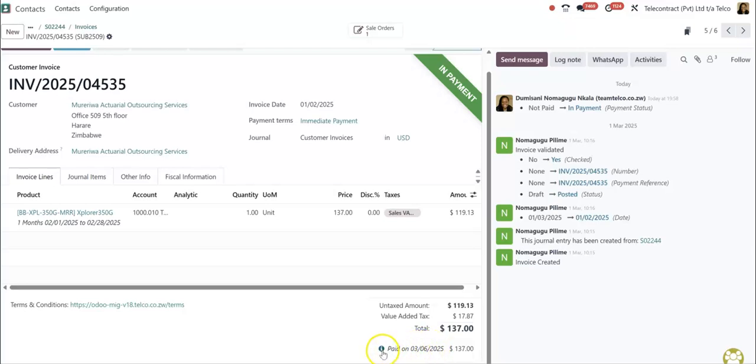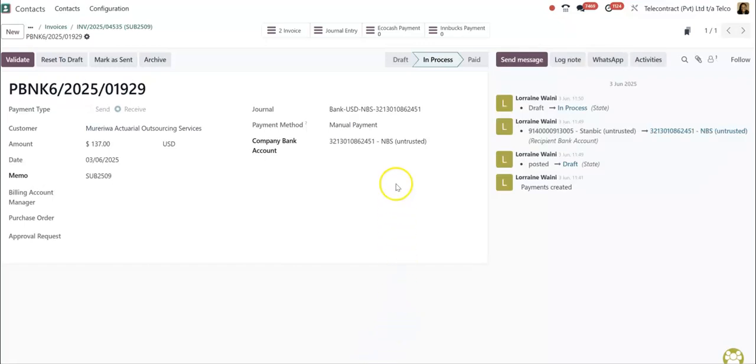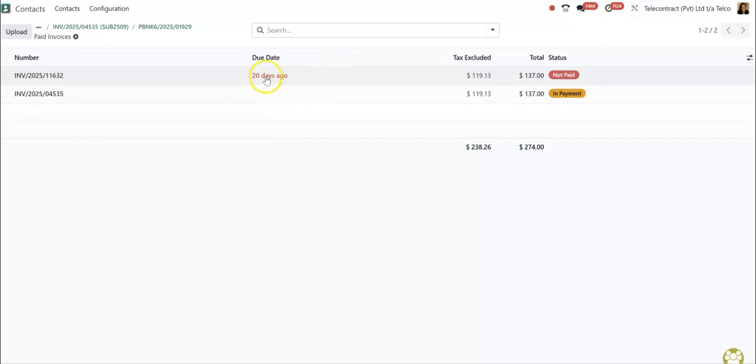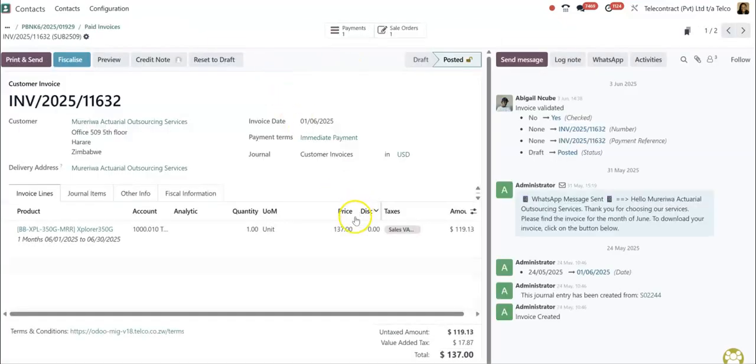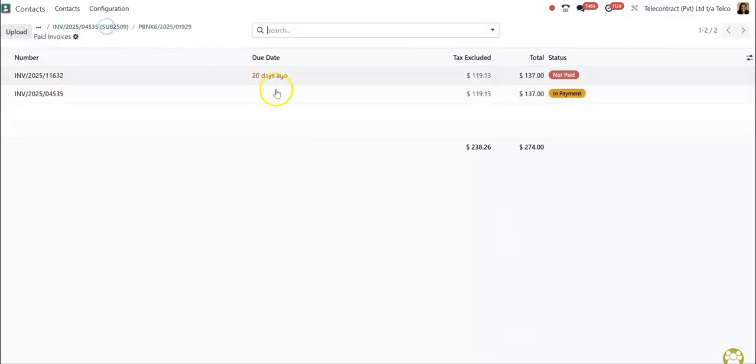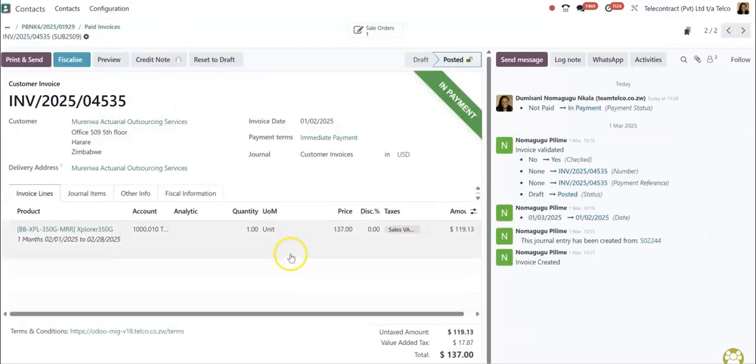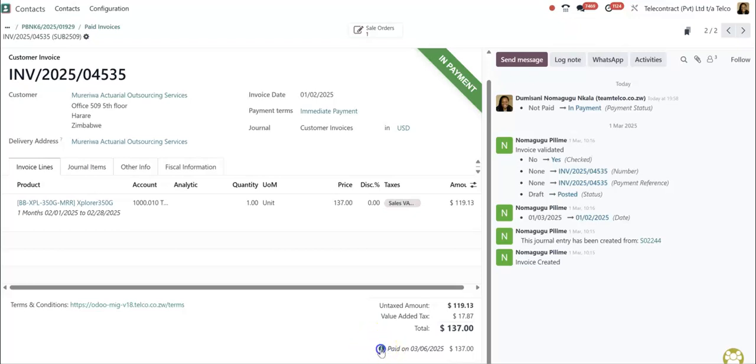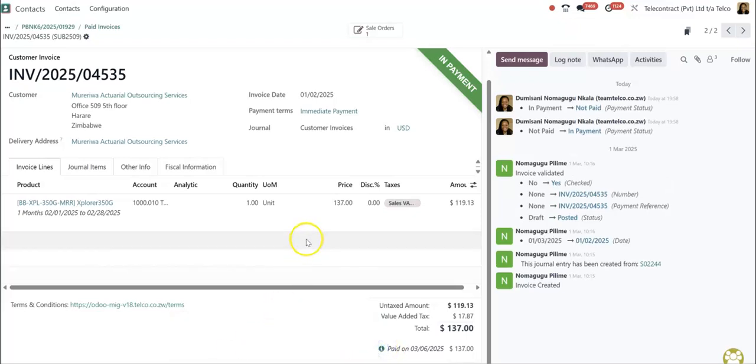So this actually means that this payment is not for this particular invoice. It's probably for the invoice in June. So we're going to go back and mark this June invoice as paid instead of the February invoice, which seems to be actually